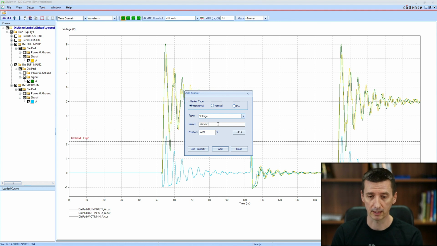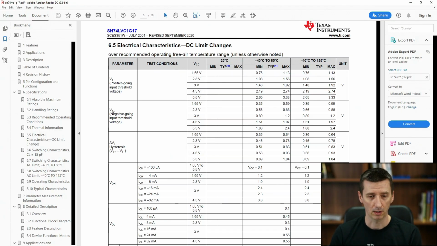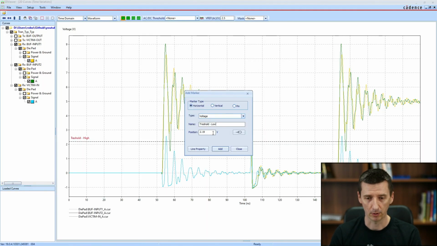Very similar for threshold low. So I'm going to add another marker, threshold low. When we go back to the datasheet, negative going input threshold voltage. Again, there is no exactly 5 volt. It is somewhere between, I don't know, 1.97 to 2.4. Let's use 2.4. I'm going to put here 2.4.